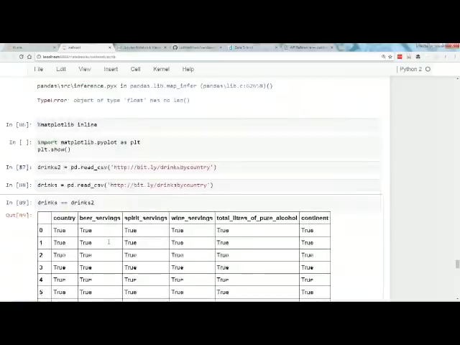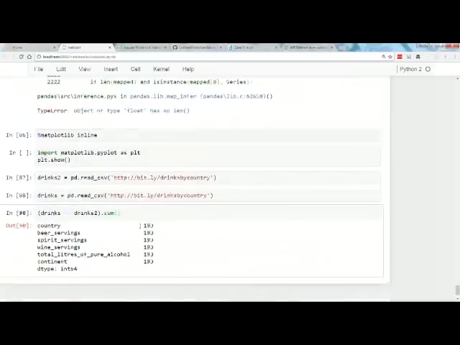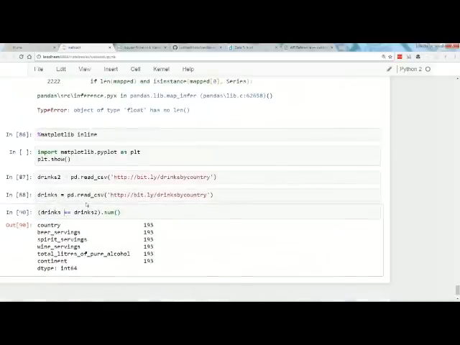And, okay, it outputs a data frame of Booleans. So here's what I would do. I would say dot sum. We'll change it to not equal.